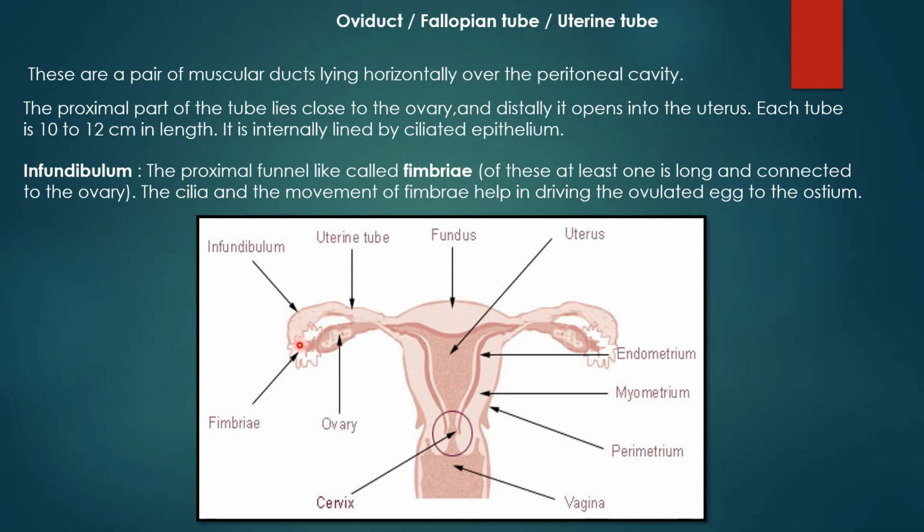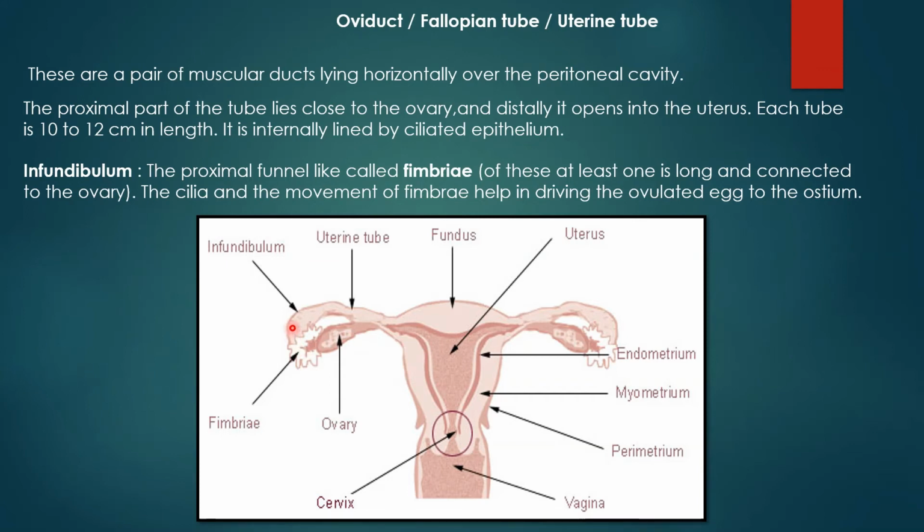This infundibulum, at the starting portion you can see the finger-like structure, and this is called fimbriae, and exactly in the center there is an opening called ostium. Singular is ostium, whereas plural becomes ostia. When the egg is released from this ovary, it is collected via this ostium through this fimbriae, and the egg